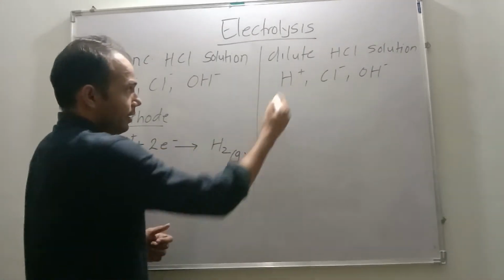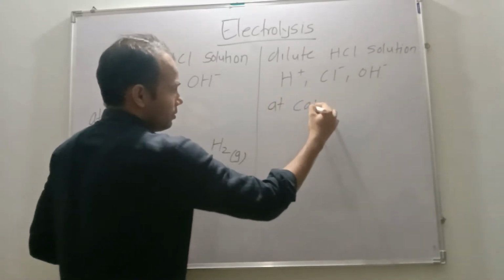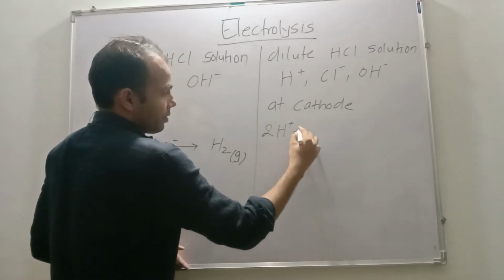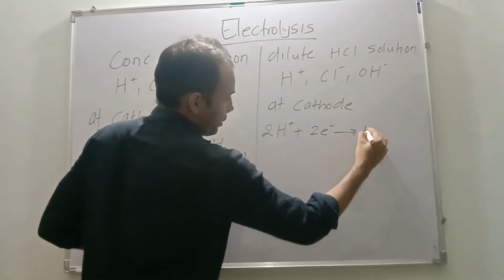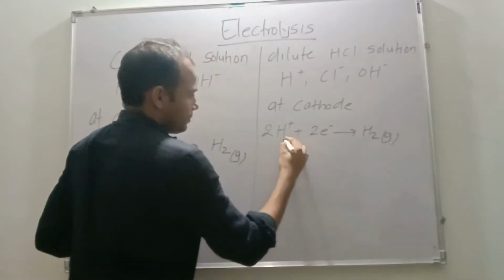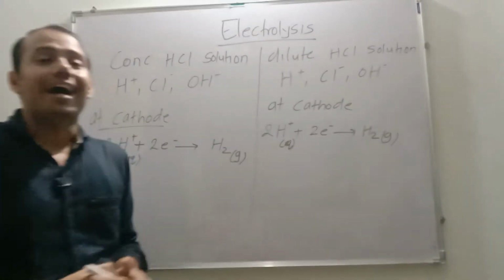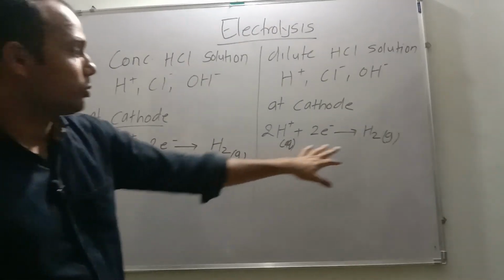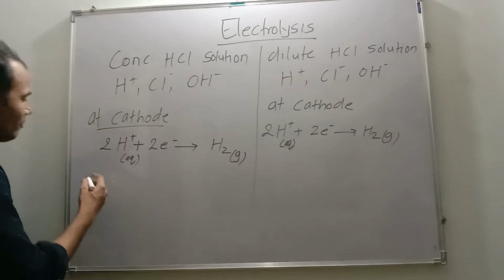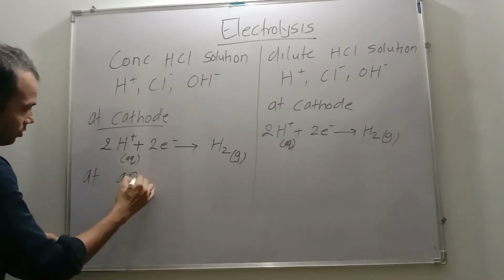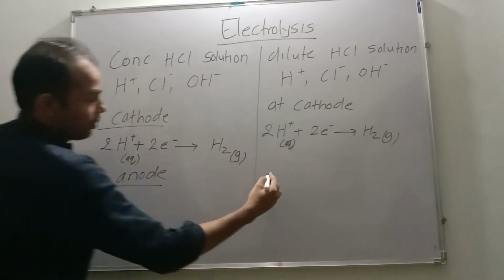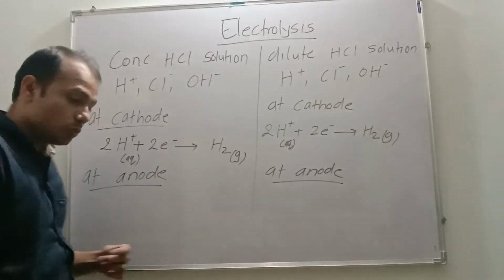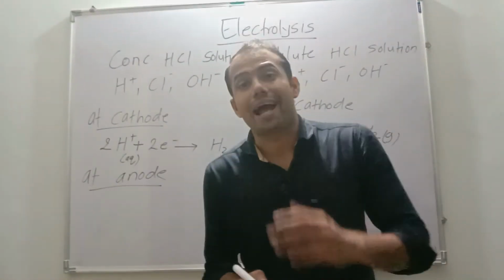I can write it for the other case as well. At cathode, same way, 2H plus plus 2 electrons forming H2 gas. Every ion is aqueous, so you have to write aq, and there is a formation of hydrogen gas in both cases. Now at anode,